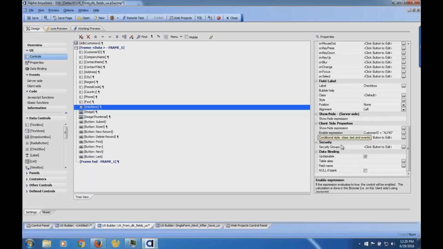So the client-side enable expression is very, very powerful because it allows you not only to put in fixed ones, but also to have it dynamic based on what's available in that form. As you select certain things, you can say they're not allowed. If, let's say, they select a first drop-down box that says are they a business user or a personal user, then you may show and hide, or enable, a whole set of questions based on that. So you can encode that kind of form logic using this methodology. Very straightforward. So that's how I make checkboxes read-only, and I can also make them dynamically read-only by merely using an expression to handle that.